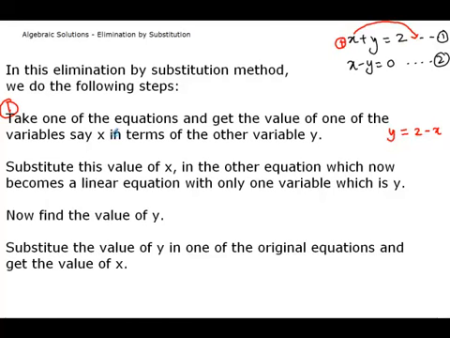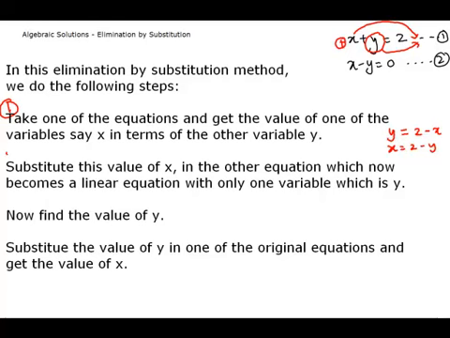So you have expressed the value of one of the variables in terms of the other. What we have done is we have expressed y in terms of x, and similarly you can express x in terms of y by shifting y to the right, not x. If you do that, then x will be 2 minus y. Both are the same approach.